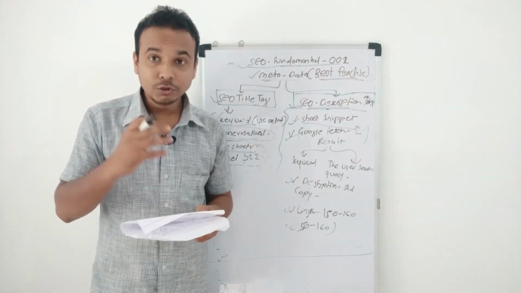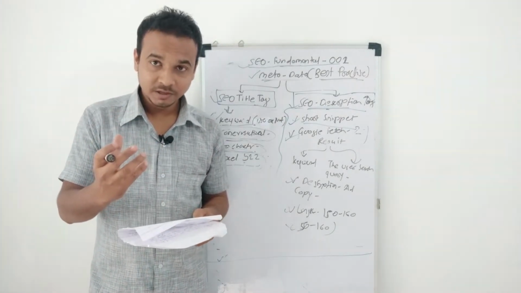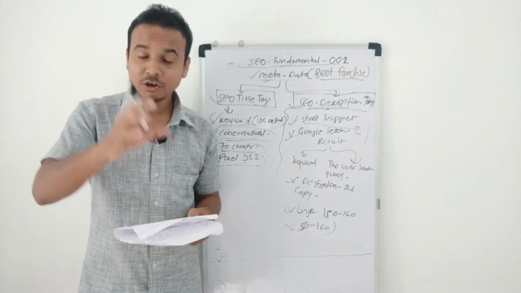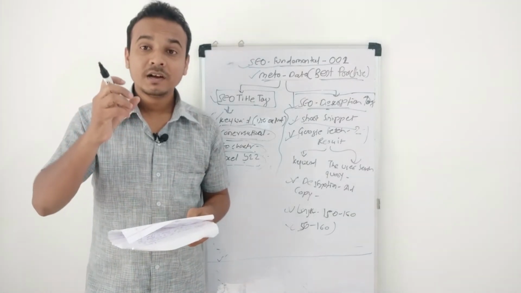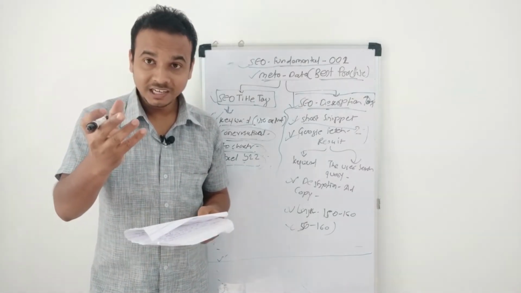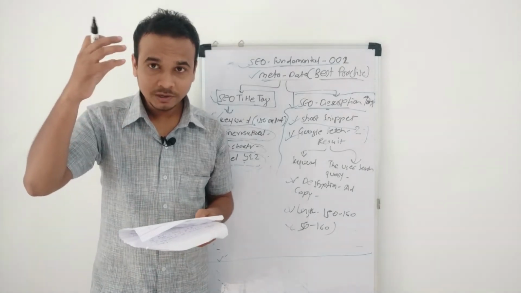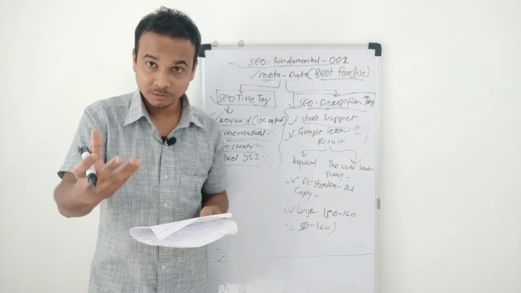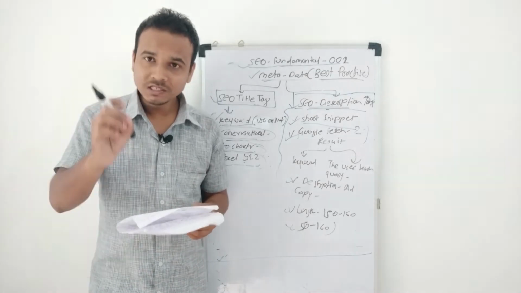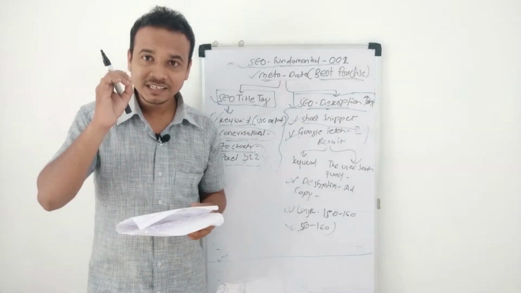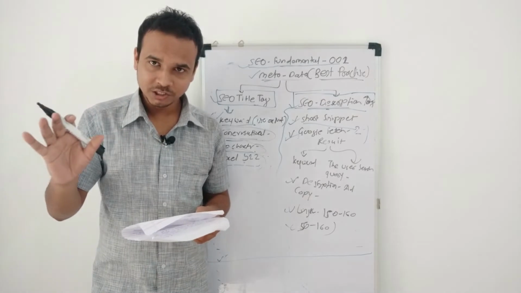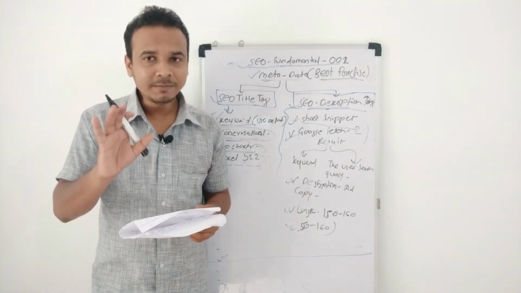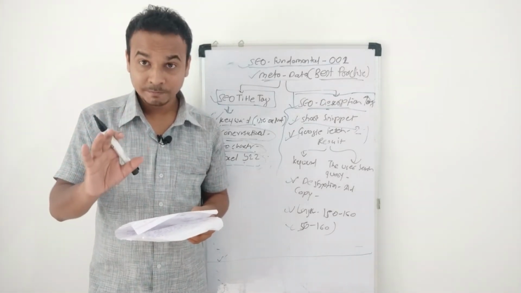So what ideally we do is write a meta description based on the user query or based on the kind of keywords we are targeting. So whatever keywords we are targeting, keeping that in mind, we write a meta description. The first and most important thing while writing a meta description is to write it as an ad copy,